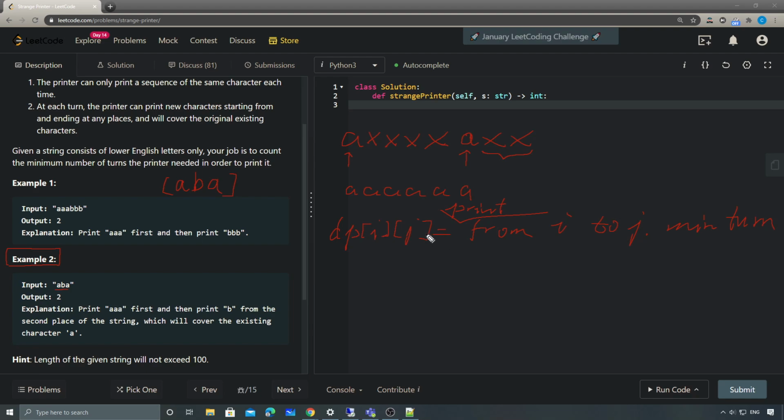So for the state transition function, this one is obviously the most important one. Which means that we have dp[i][j] equals to what? Equals to the dp[i]